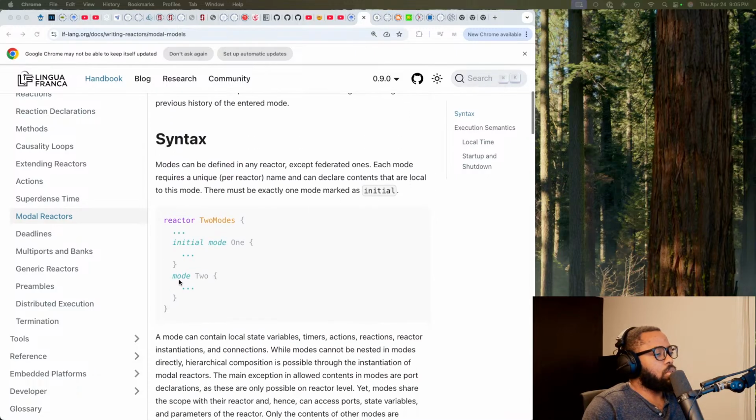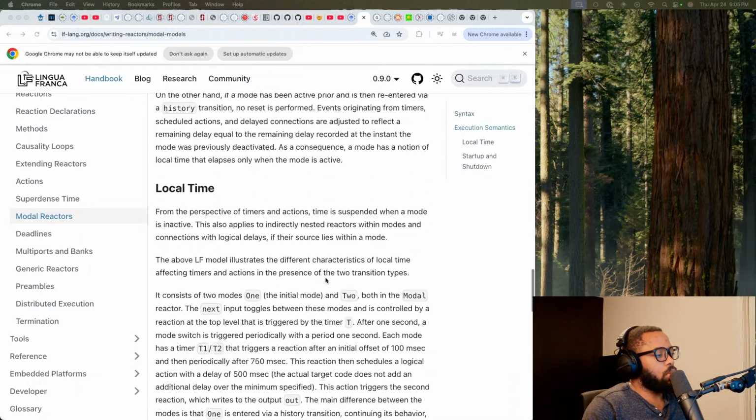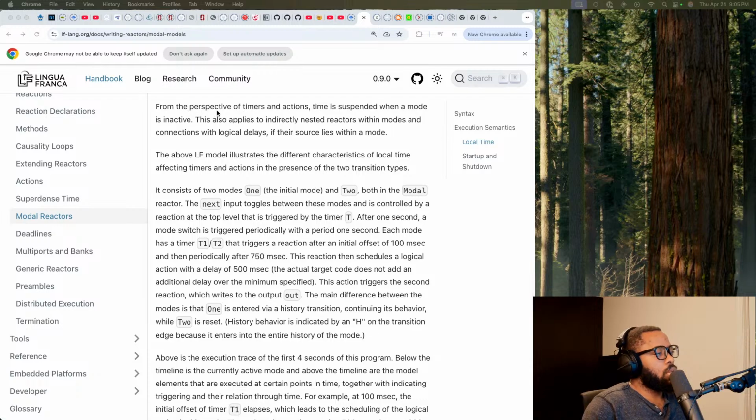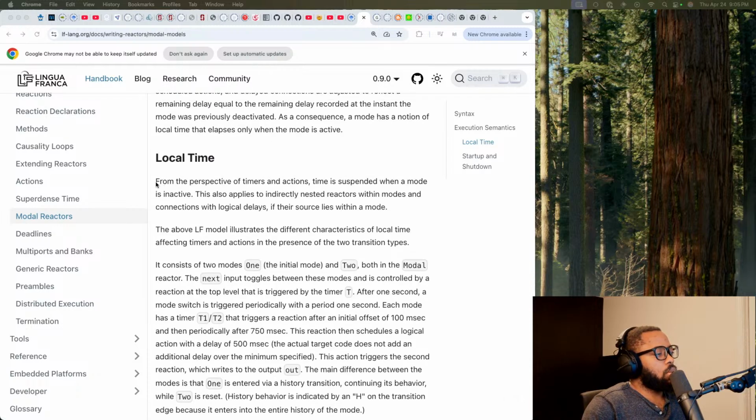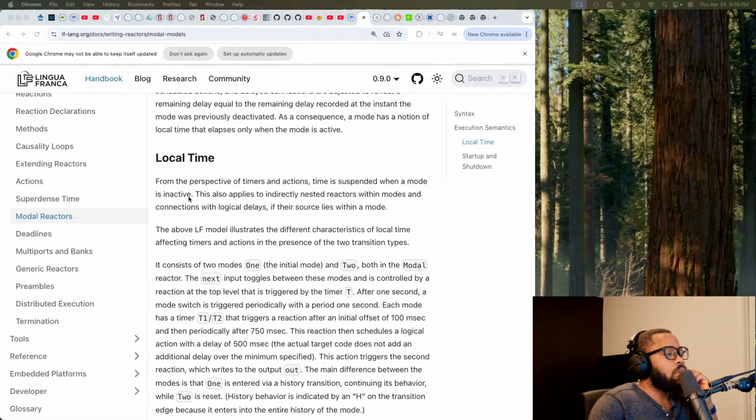Oh, okay, it's talking about this all the way up there. Okay, let's start again. From the perspective of timers and actions, time is suspended when a mode is inactive. This also applies to indirectly nested reactors within modes and connections with logical delays if the source lies within a mode.